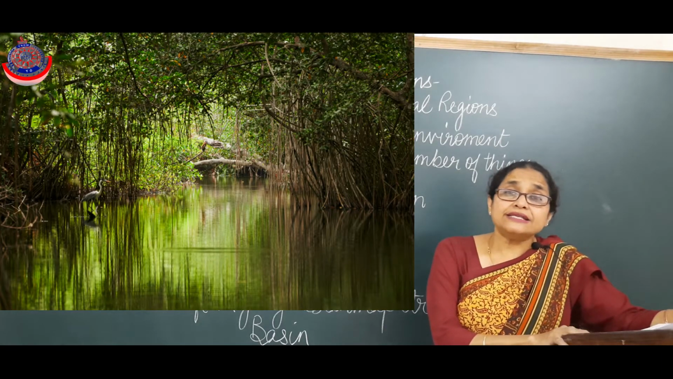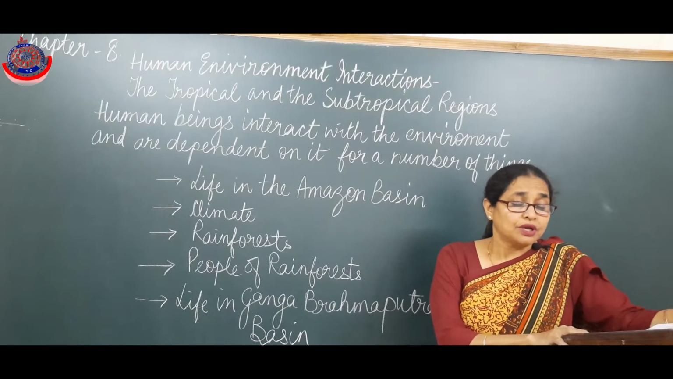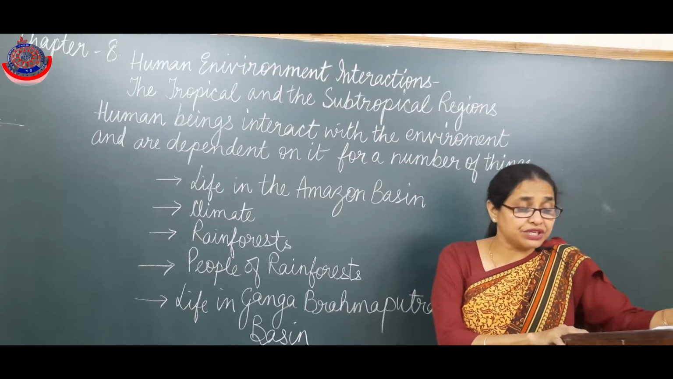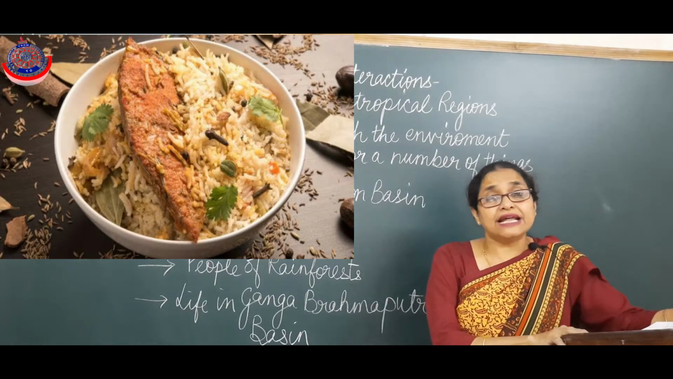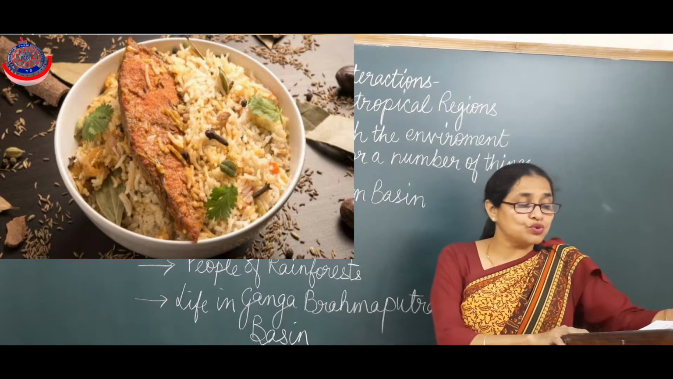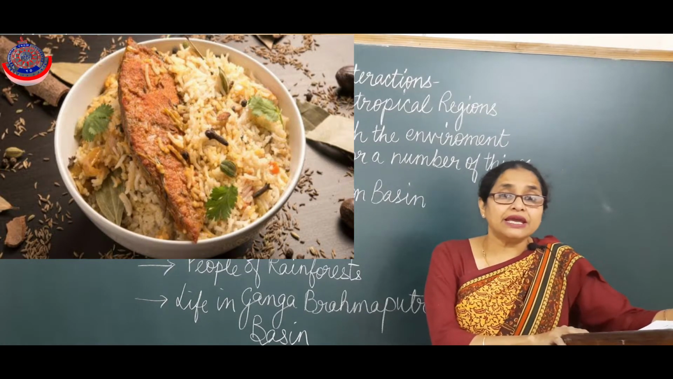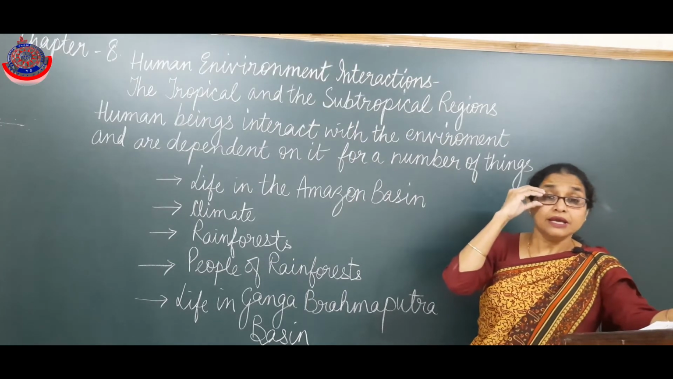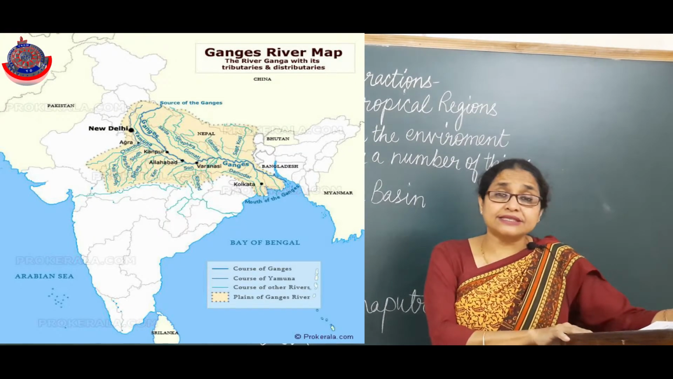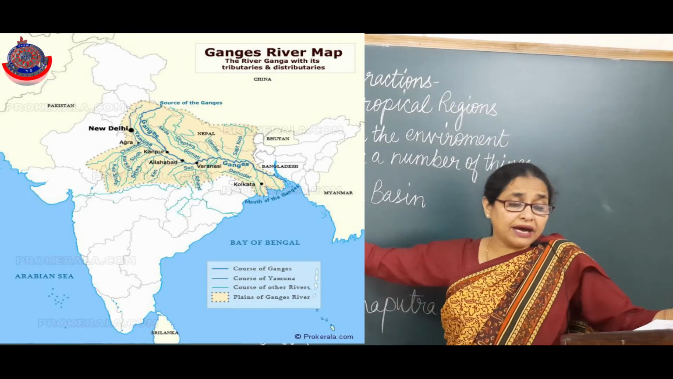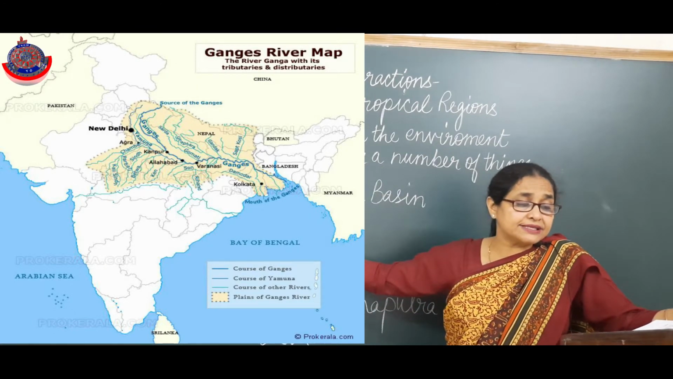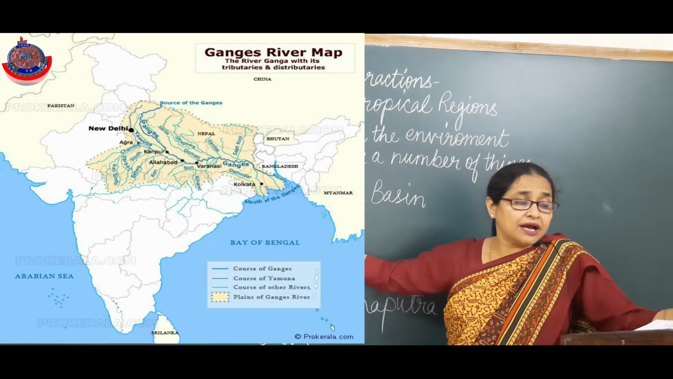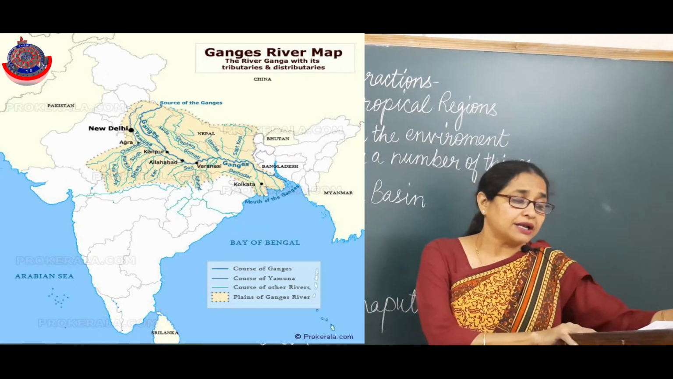The delta is covered with mangrove forests. The basin is rich in wildlife also. A variety of fish are found here. Fish and rice, that is why, is the staple food of the people living in this area. Several big towns and cities such as Allahabad, Kanpur, Varanasi, Lucknow, Patna and Kolkata are there